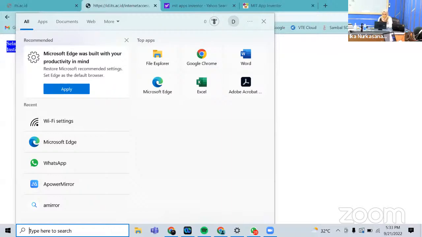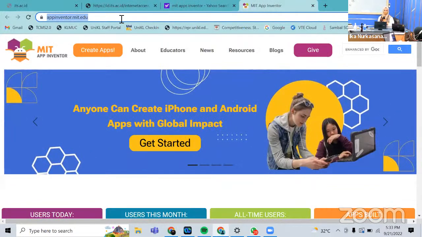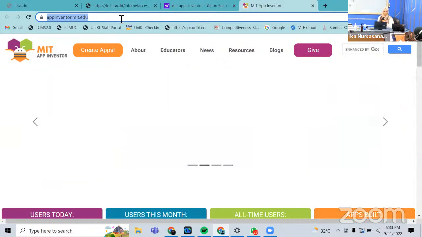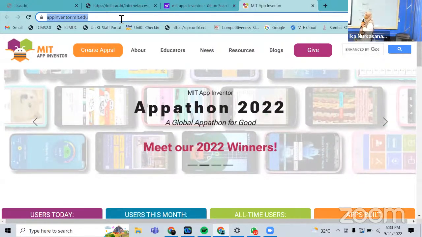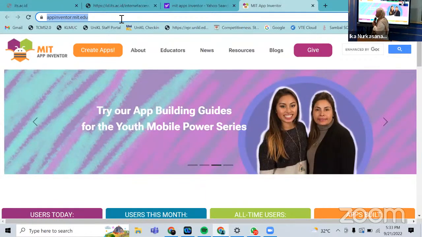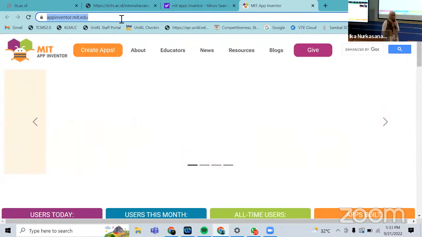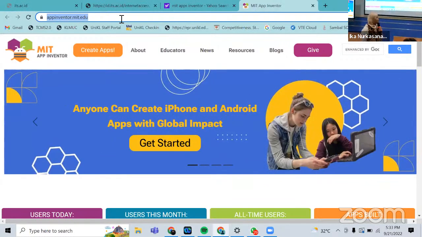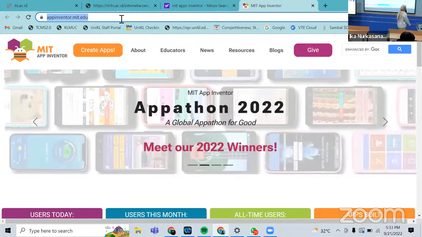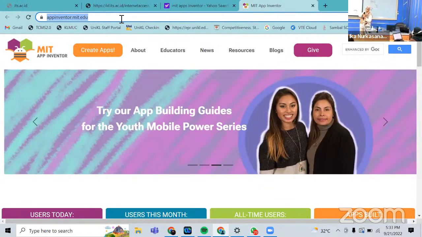Very good. Okay, so now I'm going to show you the software. You can go to Apps Inventor, MIT EDU, or you can just type MIT App Inventor in Google and it will direct you. You can choose the link of MIT App Inventor. Okay, you have already the image. Right. So now, maybe later if we have time, we are going to go through the websites. But now,